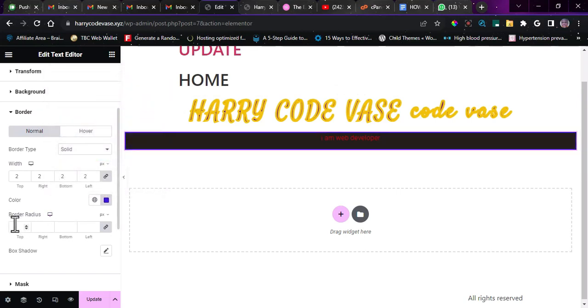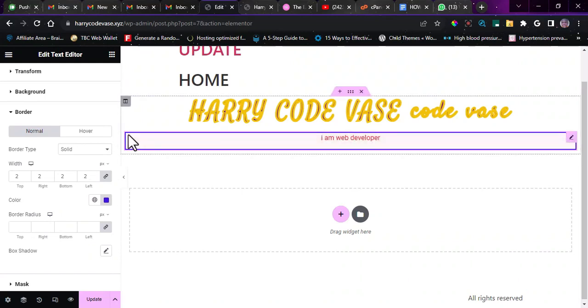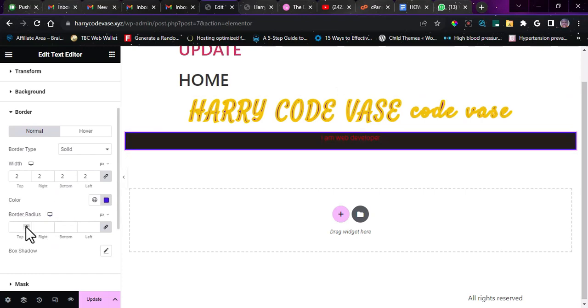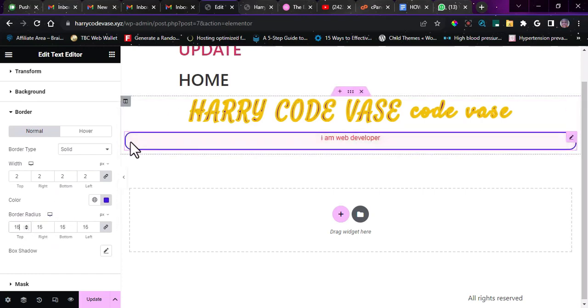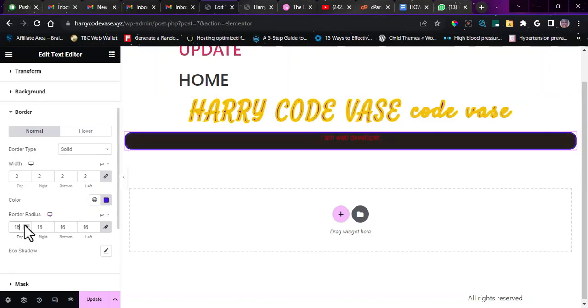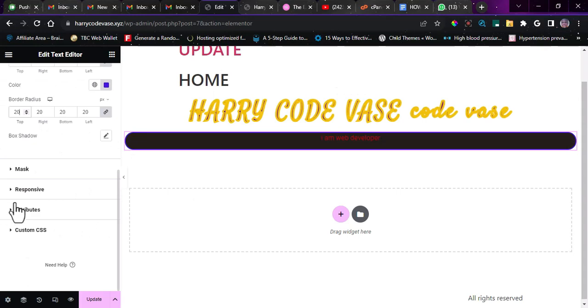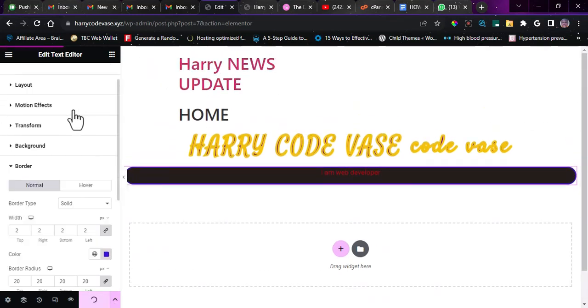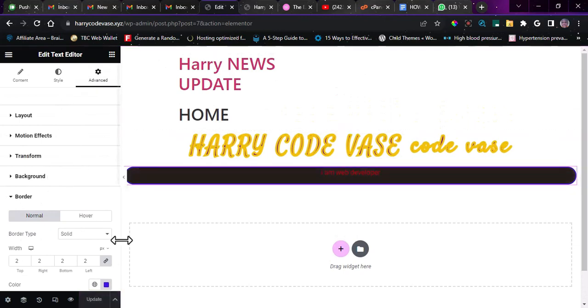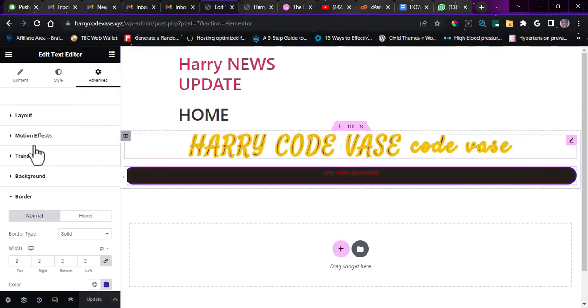Now we have the border radius. Border radius will give you a rounded or a curved border. So by the time you increase the radius, you're going to see now that it's giving us a rounded or a curved border. That is the work of this border radius. Now, so rest everything is fine. You just go ahead and you click on update. Now you can see now that I've virtually walked you through